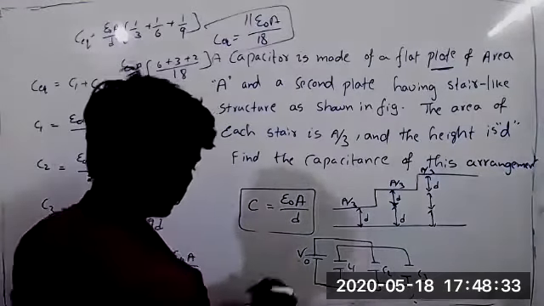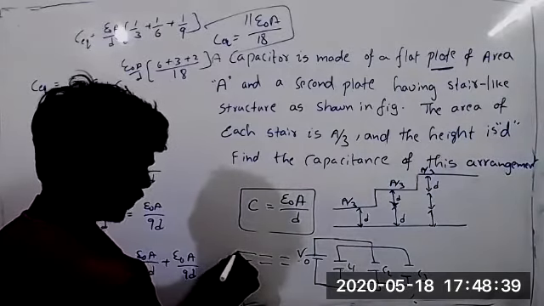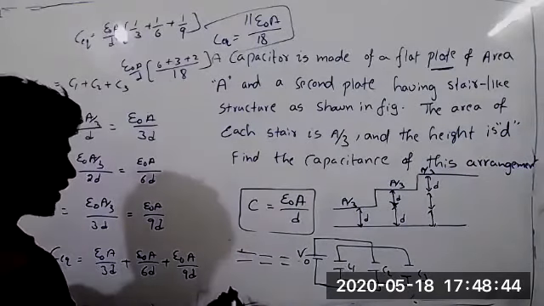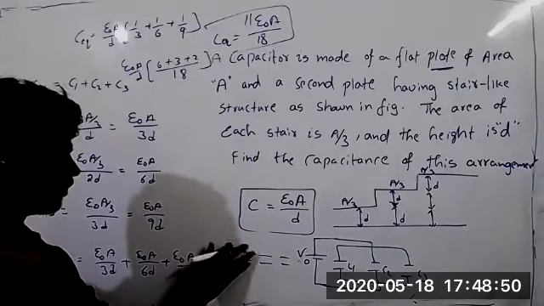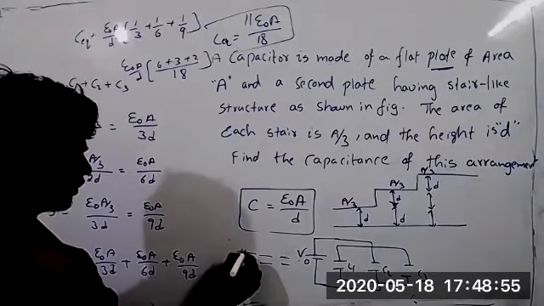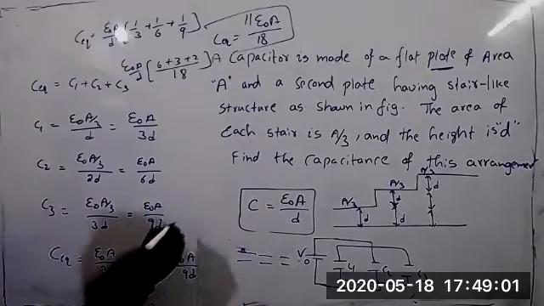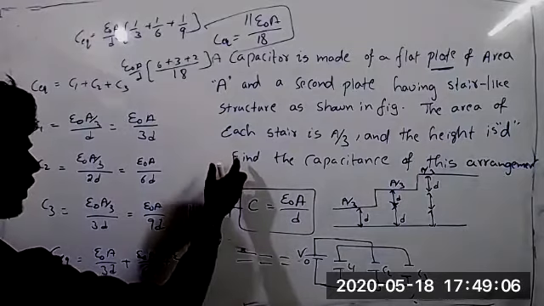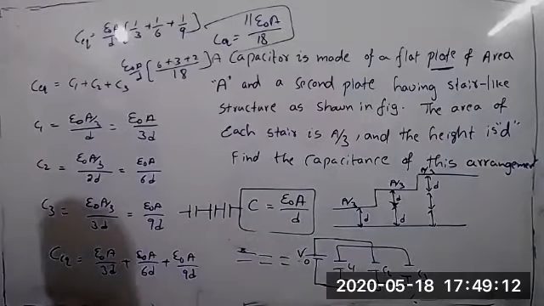If it is connected, it can't be like this. Then how can we give connection for this? No, it will be in the parallel only. We can't give in the series connection. It will be parallel. Obviously, it is parallel. Series is not there in this manner, right? It is in the plate form. Sorry, it is a parallel.